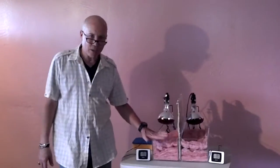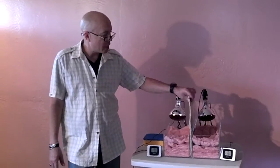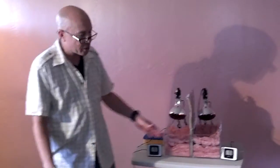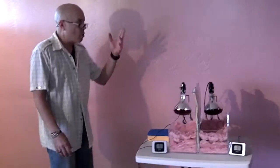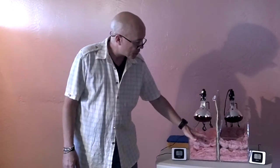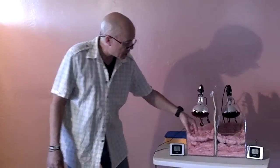What we have is a demonstration of radiant barrier insulation. What I've got here is regular Pink Panther, the stuff they put in the attics. The city code, I think, is like R30 here. Different states and different countries have different codes. But we've got the regular Pink Panther, and I've got some